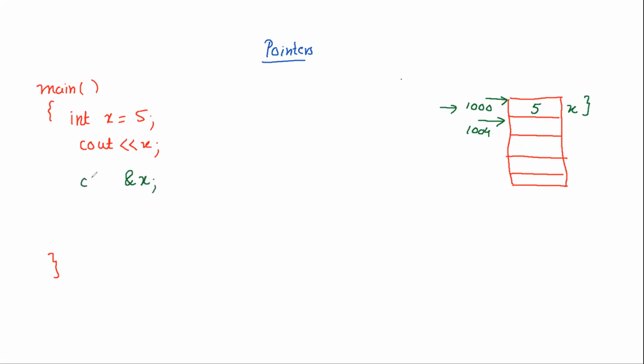Okay, so let me explain it further. Suppose I simply write cout. Now let's discuss what this actually is and how it works. We have previously seen this ampersand symbol in function prototypes, right? For example, you used to write like this, and we say whenever you write like this, it is call by reference.